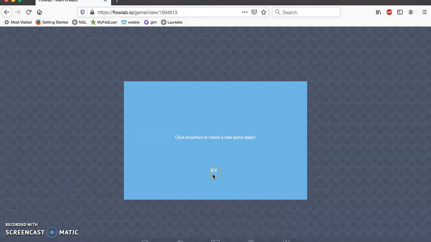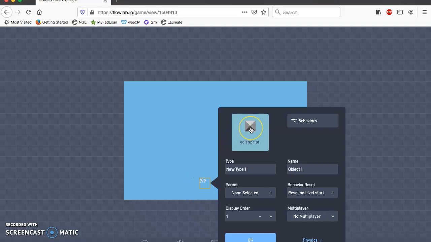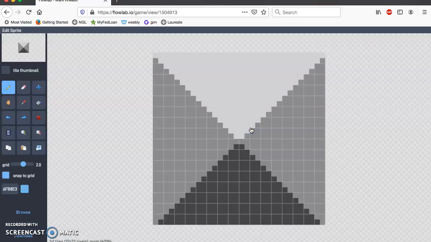Next, we're going to create some ground levels. So we call these different object sprites. So I'm going to just click anywhere in my box and then click create. And now I'm going to click edit sprite. So now I can edit this sprite by choosing the different colors at the bottom and then clicking anywhere in the sprite. Or I can click on browse